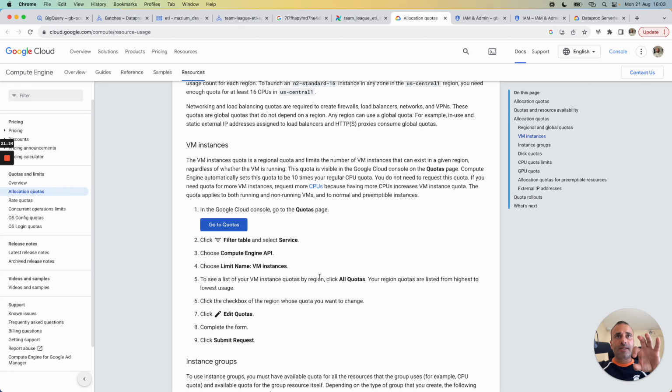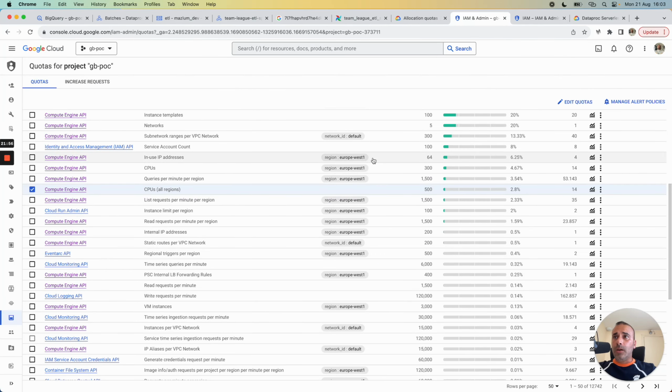Apache Airflow is installed in a Cloud Composer cluster that corresponds to a GKE cluster, and behind the scenes a GKE cluster uses Compute Engine MIG VMs, and by default there is a quota in Google Cloud.